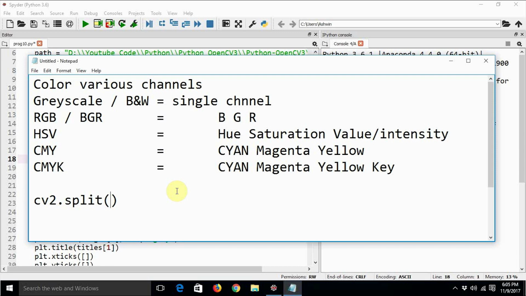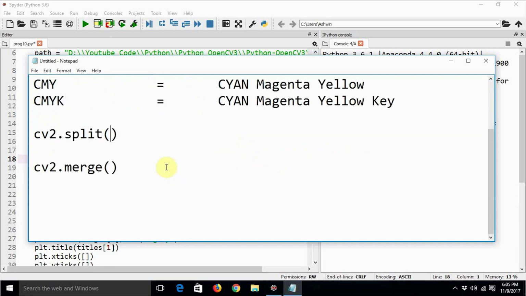The same way, if you use HSV color space, it is going to separate the HSV color channels. Finally, we use the cv2.merge function in order to compose a single image using these color channels. So we just need to pass a tuple of all these color channels as an argument to cv2.merge. So let's see these two functions in action.